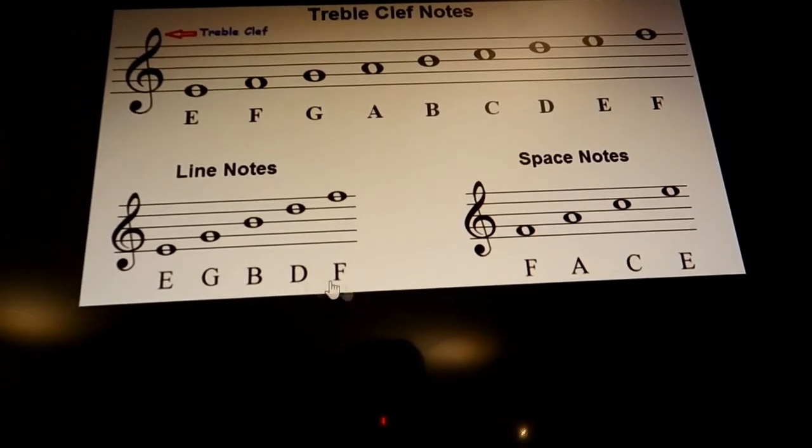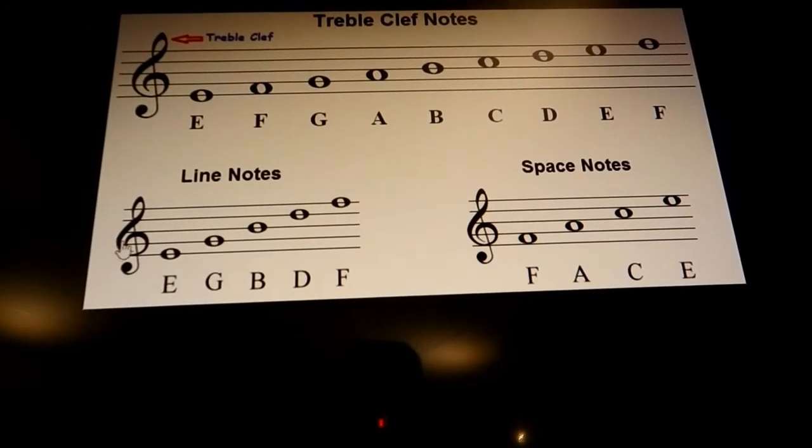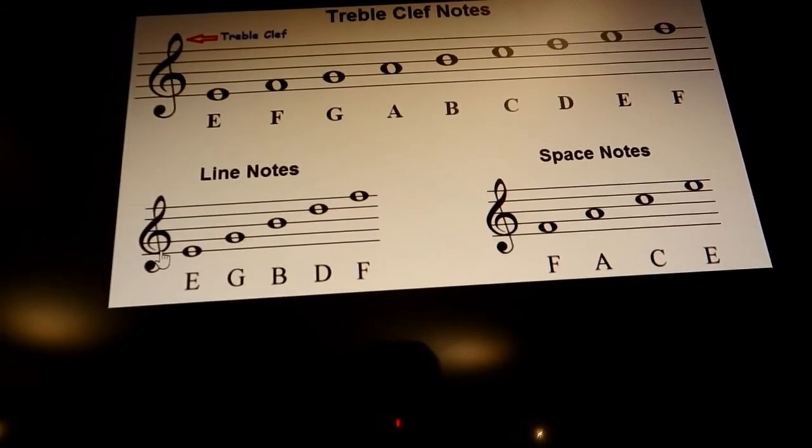So these are little tricks on how you can remember the notes on the treble clef staff. Okay,